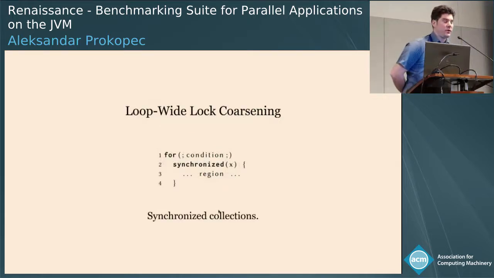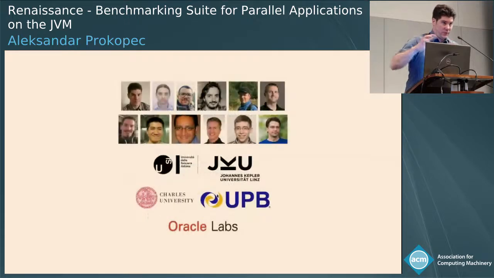So this is one of the things that we did. Another thing that we noticed is that some workloads use synchronized collections. And when you use a synchronized collection, you typically use it in a loop as a buffer to insert some elements into it. And then what happens is, if you inline the operations of a synchronized collection, at some point during compilation you end up with a pattern which looks like this. It's like a for loop, and then somebody calls synchronized in every iteration of the loop, and then releases it.